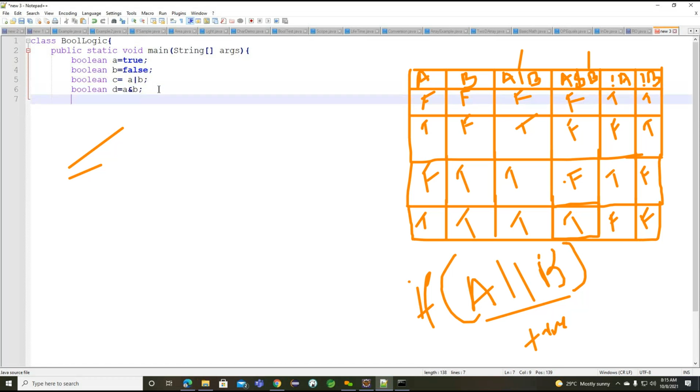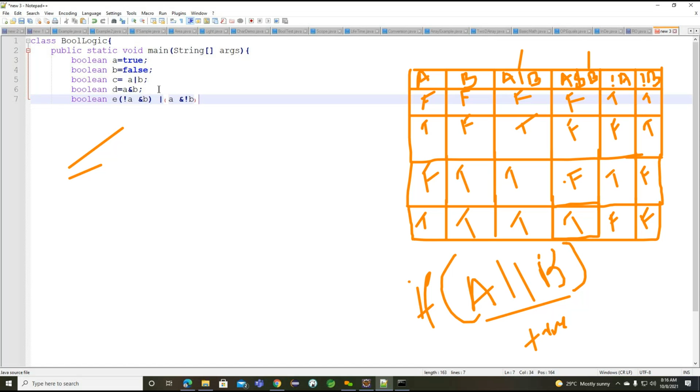Now what we can do here, so understand carefully. Boolean E. How are we going to get this particular value for the E variable? Now if you see here, I'm making not A and B, and I'm making one OR condition, and you can see A and not B. Getting the point?